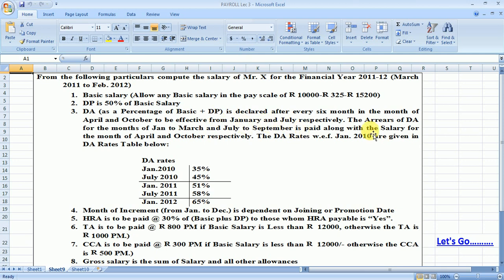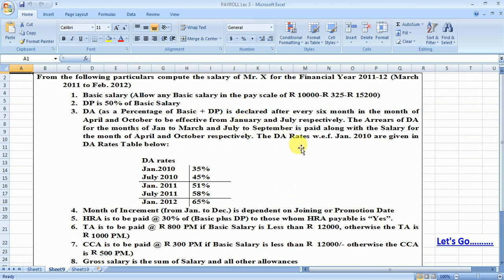We also need to calculate the DA arrears for the months of January to March, that means 3 months, and July to September, again 3 months, paid along with the salary for the months of April and October respectively. So we pay these 3 months of arrears in April and those 3 months of arrears in October.